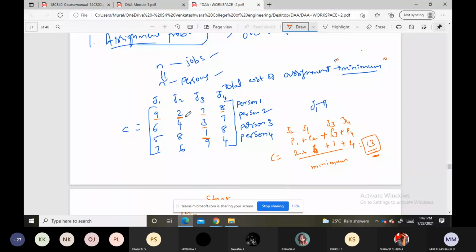So we will take 2 plus the second row, which is